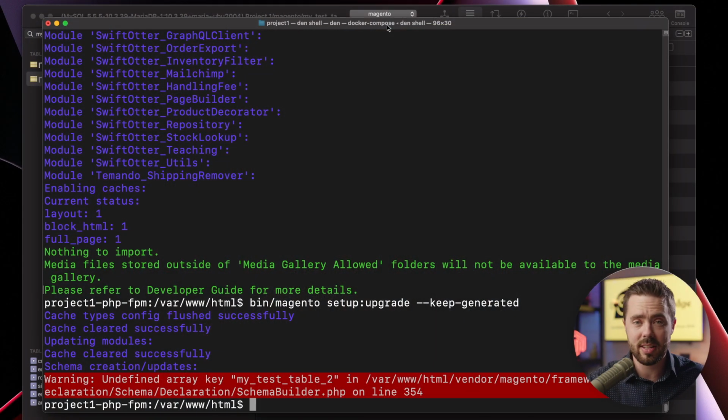Debugging in Adobe Commerce can be fun sometimes, but it's generally not fun to encounter an error like this after running setup upgrade. How do you solve this type of a problem? Well, I'm going to give you a shortcut that's actually going to focus on this specific problem, but ultimately I